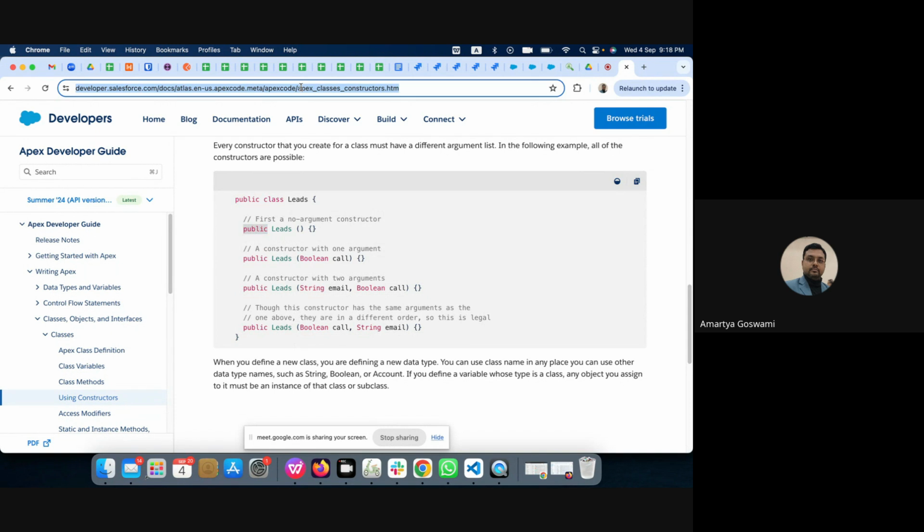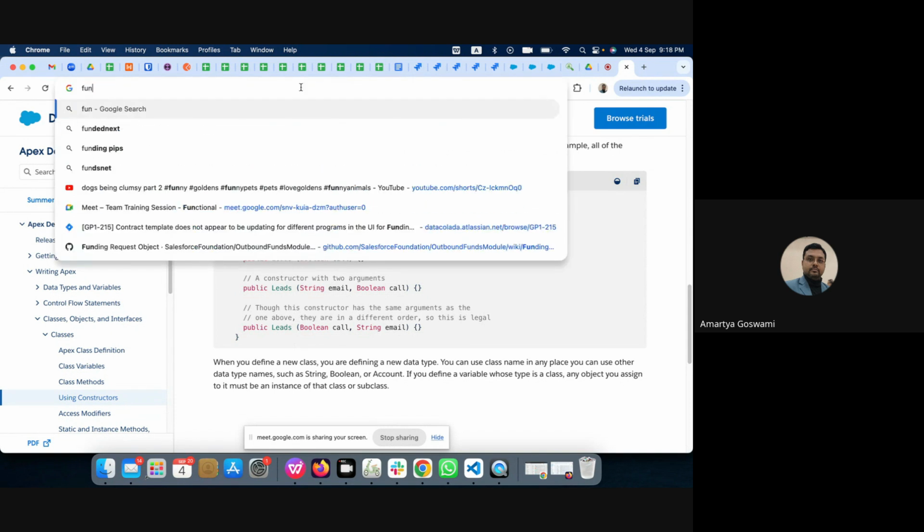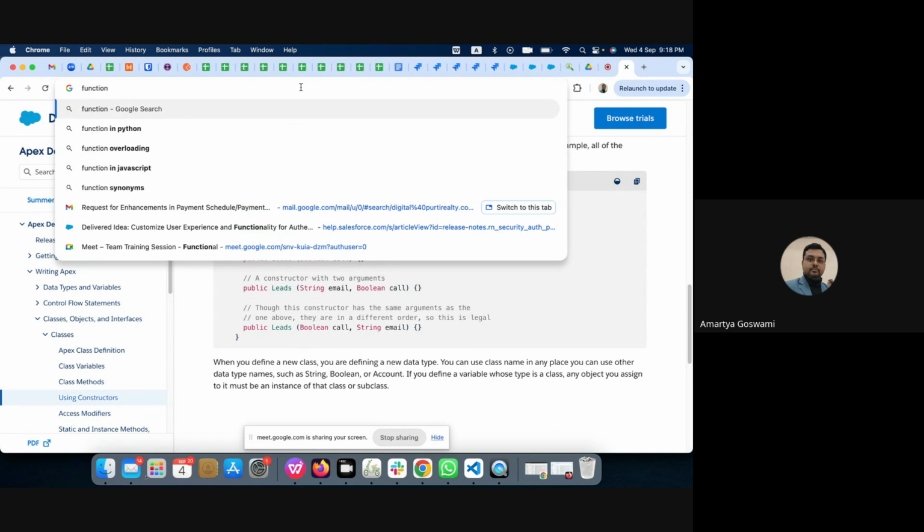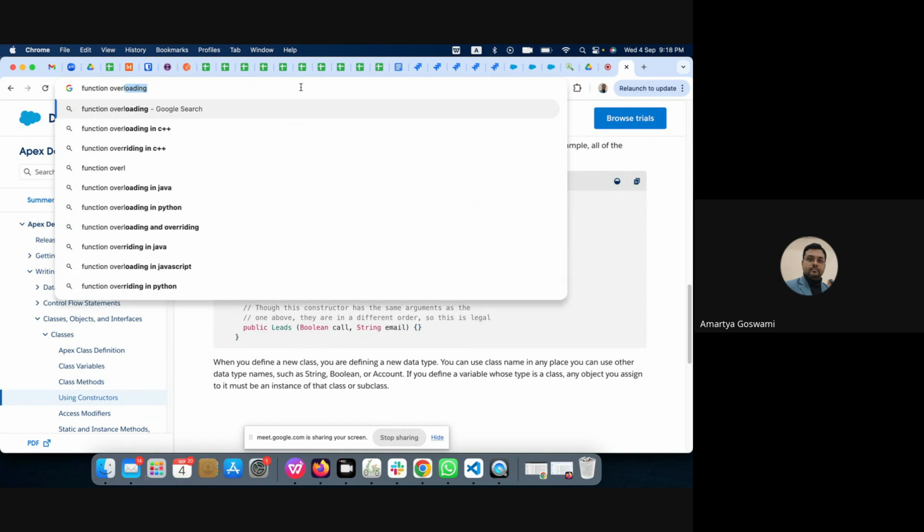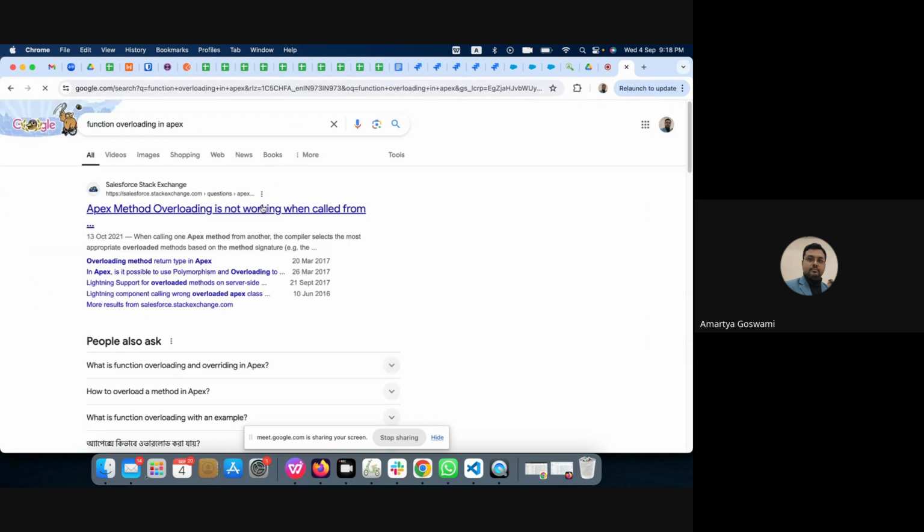Now let's go to function overloading. Most probably I have gone through this previously, but I just want to